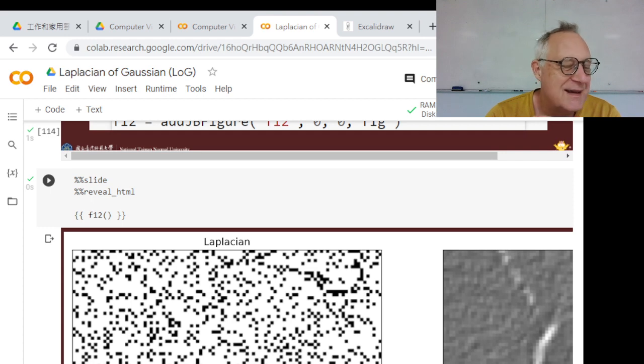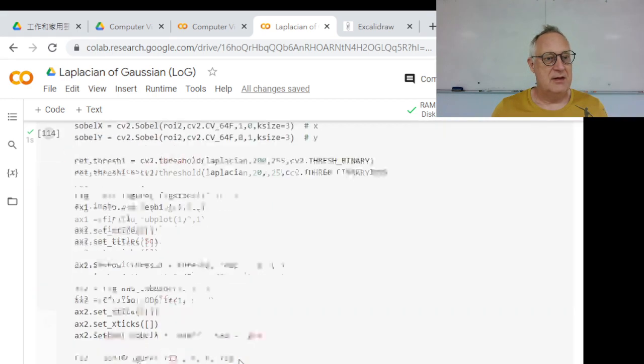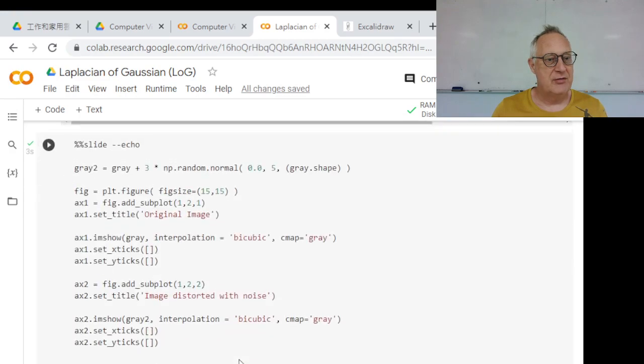And if you can believe it, for the Laplacian operator, adding the noise is brutal, right? The bird basically disappears now. Everything becomes an edge pixel or not an edge pixel. If you know where the bird is, you can sort of see the outline. But other than that, it's a complete mess. And if you think about it, that makes sense, right? Because